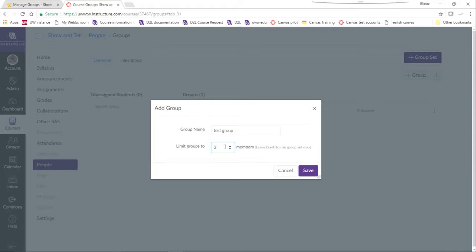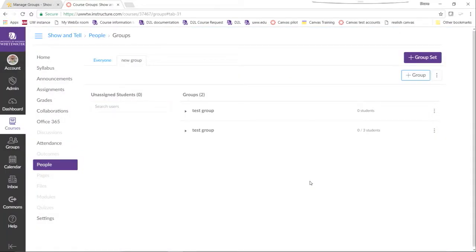Some of those features you're used to seeing, like limiting the number of members that can be in a group, are also done here. Unfortunately, we don't have students, so there's not a whole lot of interesting things we can do here. But as your class is populated, that's something that you can spend some time building out.